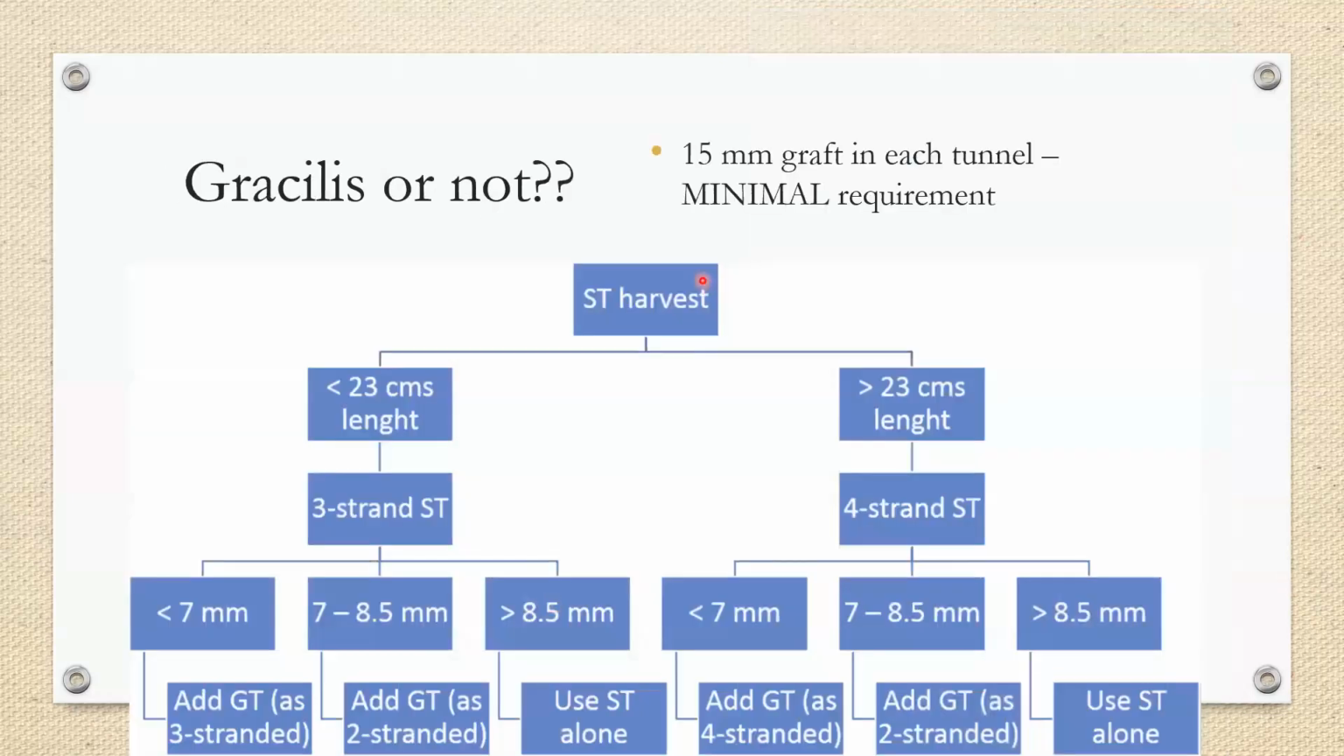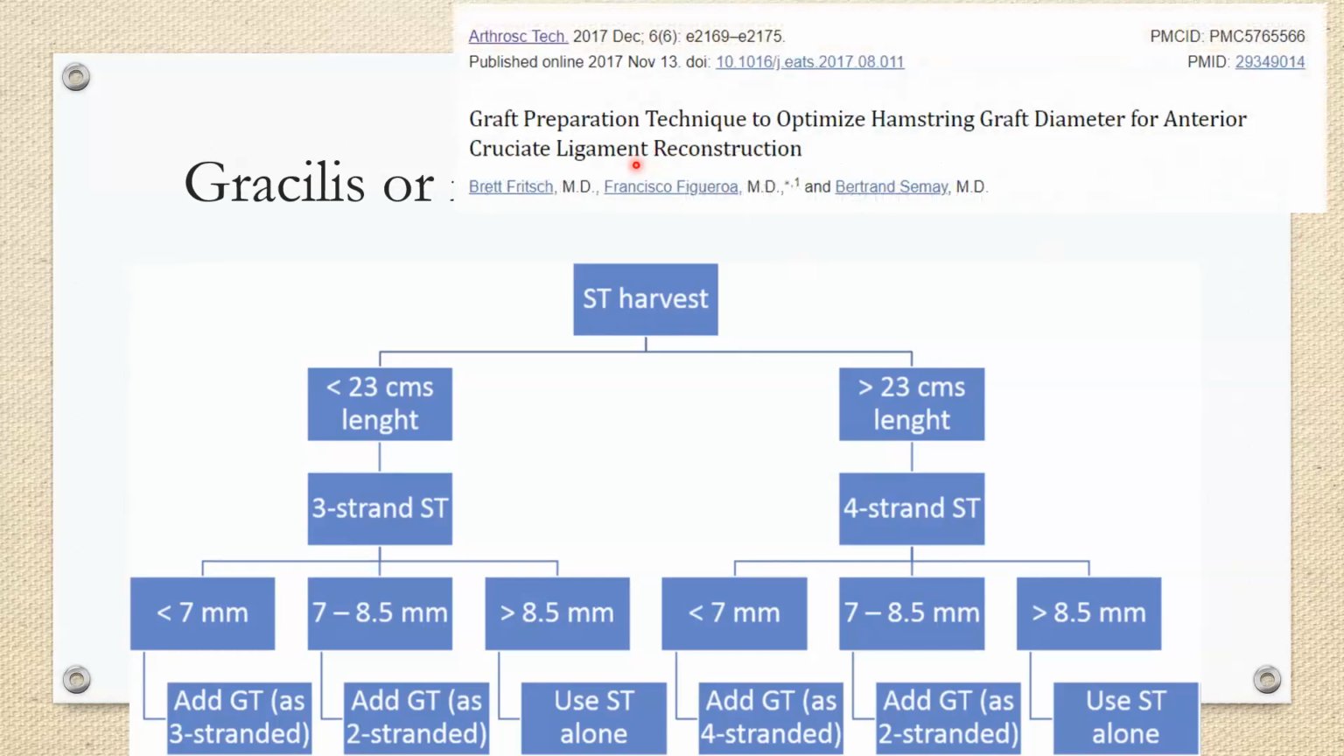So how do you decide whether you need an additional gracilis graft or not? As we discussed before, the minimum ideal diameter of a graft is at least 8 mm. Similarly, the amount of graft in each tunnel is about 15 mm. This is an algorithm put forward by Fritsch et al., published in 2017. Basically, once the semitendinosus is harvested, depending on the length, we convert it to a 4-strand or